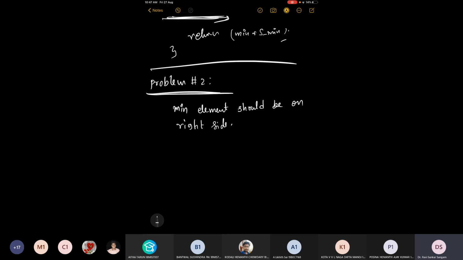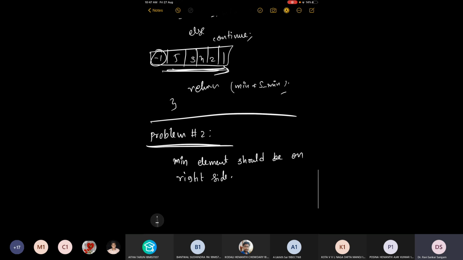So you should identify minimum pair sum such that here we are not focusing on minimum and second minimum. Minimum can be left side to second minimum or vice versa. But in this problem too, minimum element should be on right side of second minimum.